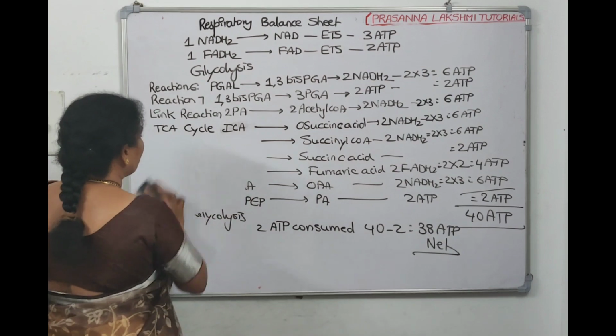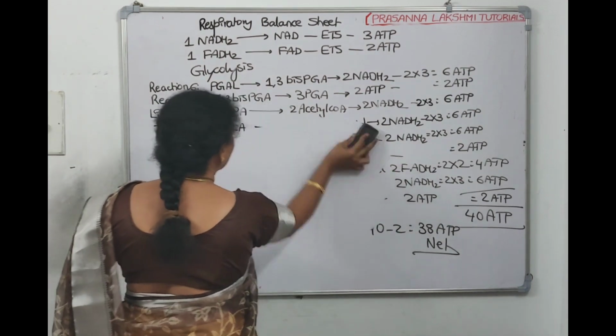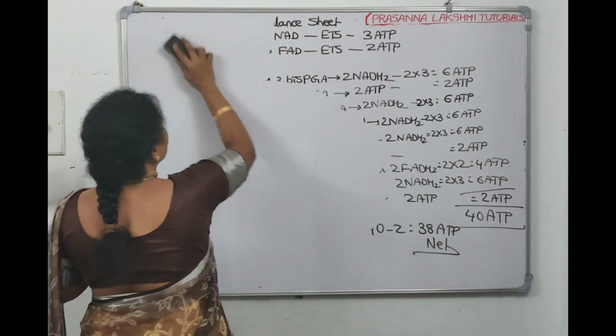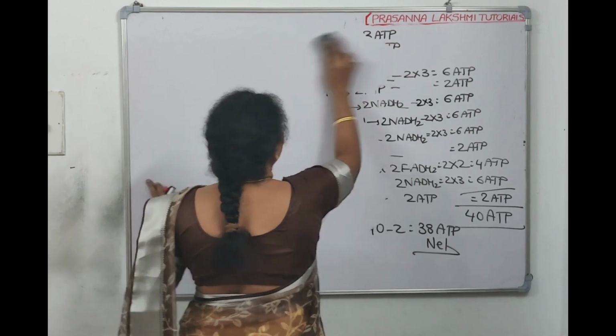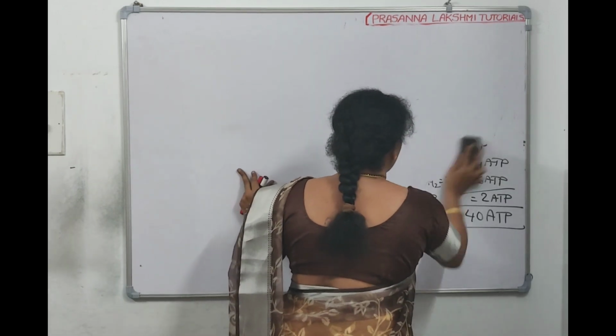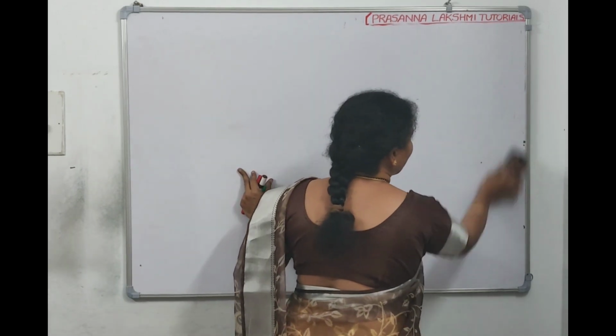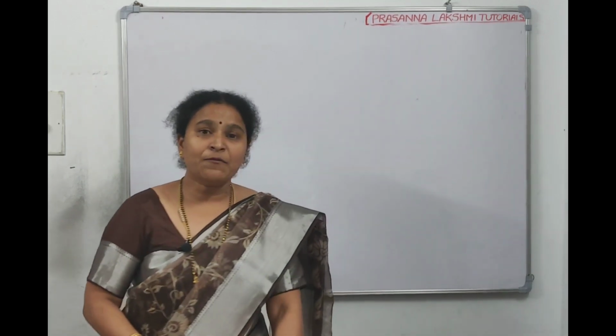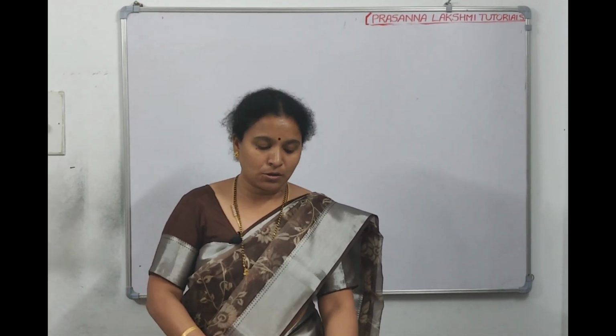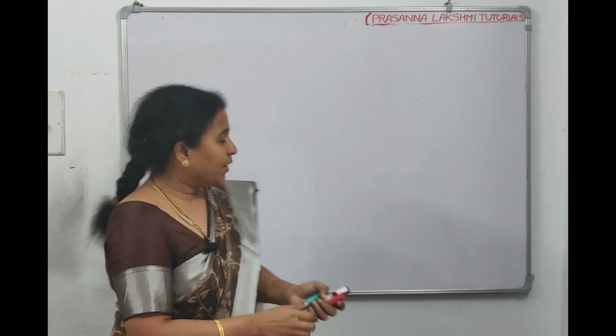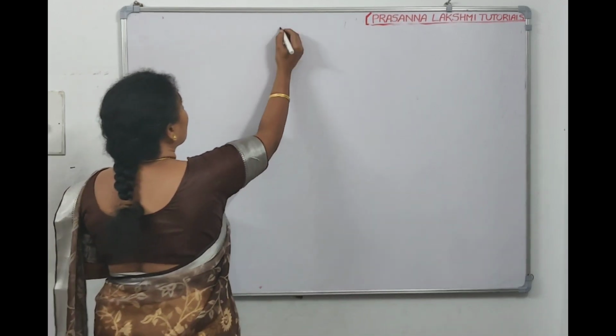Right. Now when we talk about the amphibolic pathway, till now we have been saying respiration is catabolic since we are breaking down food materials. But when we see, it is not only for breakdown of food materials, it is also used for making. So when we see glucose, carbohydrates,